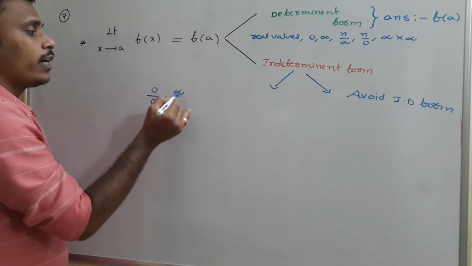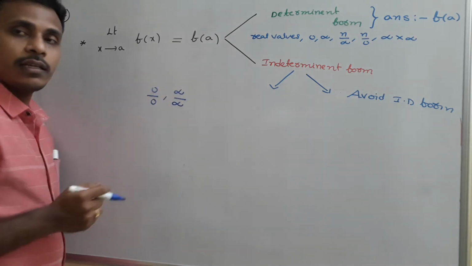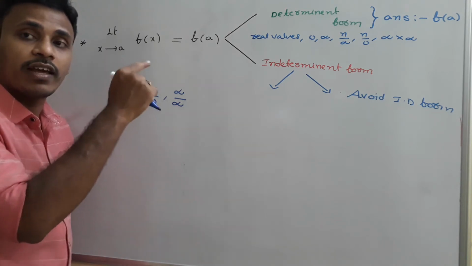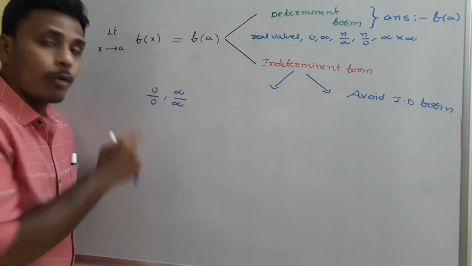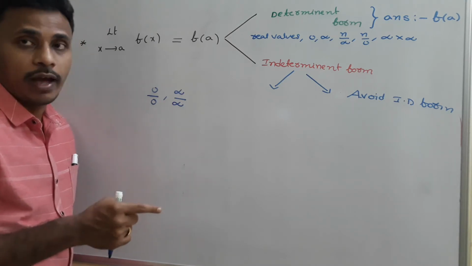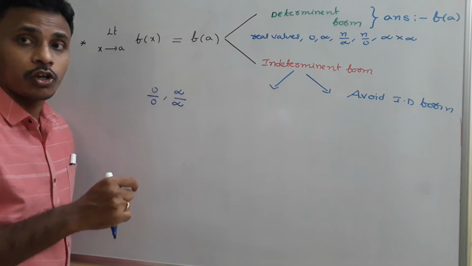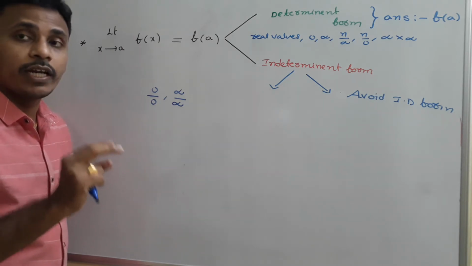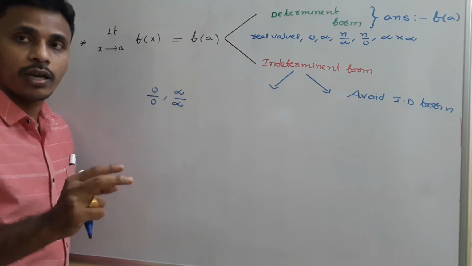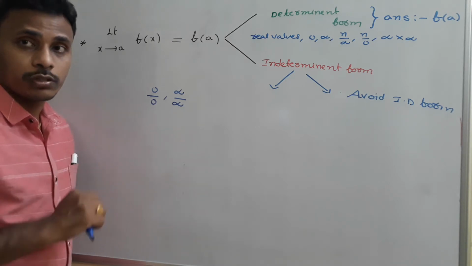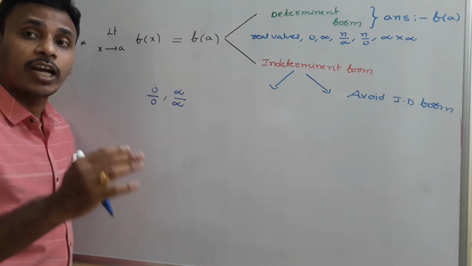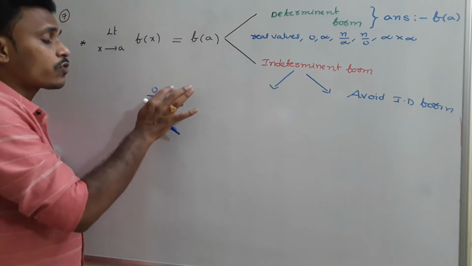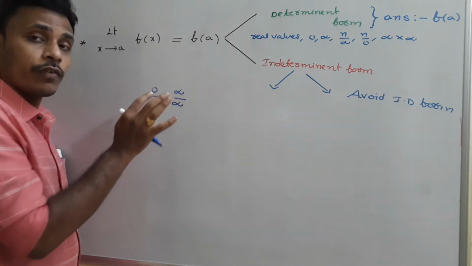As well as infinity by infinity. The numerator is infinity, the denominator is infinity. That one is a very, very large unknown value. This denominator is also a very, very large unknown value. But we don't know whether the large numbers are equal or not. Infinity always represents a large unknown. Sometimes the infinity may be 1000 crores, and sometimes it may be 1 lakh crores. It's a very, very large quantity. They may not be equal, right? That's why we don't know the exact values of infinity and infinity.